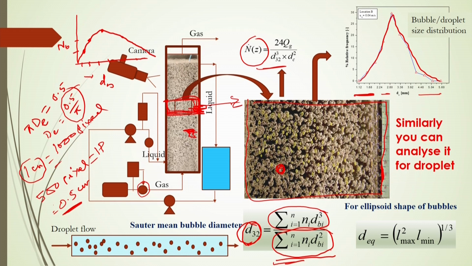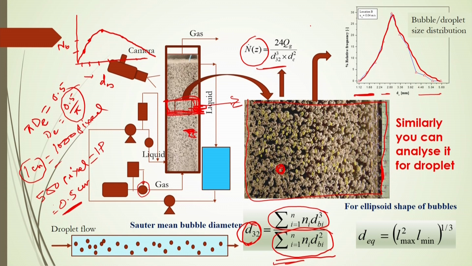Once you know the Sauter-Mean diameter, then the specific interfacial area, which is generally the interfacial or surface area divided by the whole volume of the gas-liquid mixture or liquid mixture. So for gas-liquid operation, the specific interfacial area is denoted by A, and it will be 6 alpha g divided by the Sauter-Mean bubble diameter D32. So this is your formula to calculate the interfacial area.